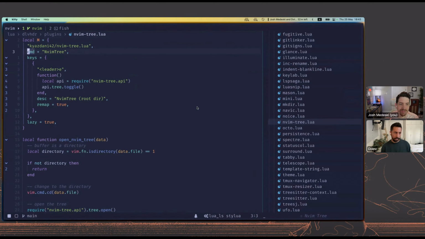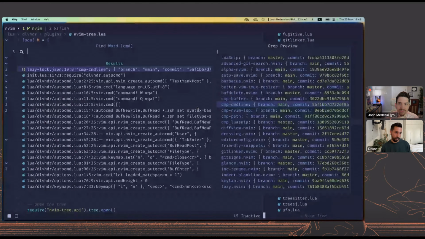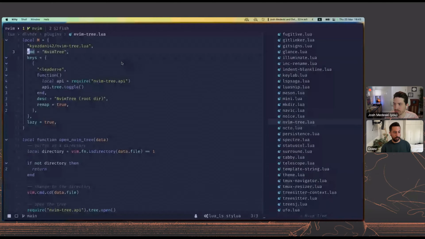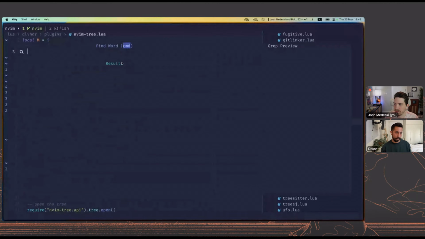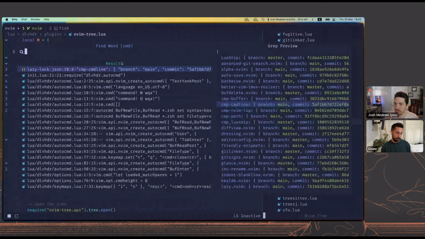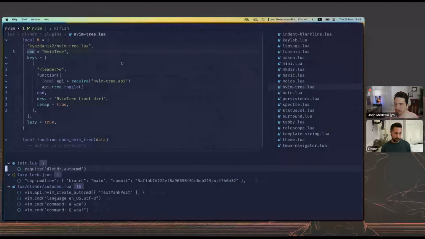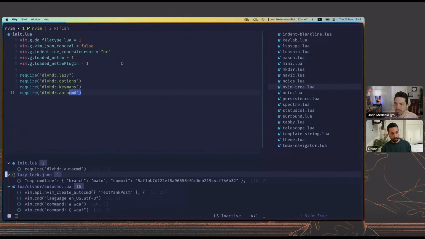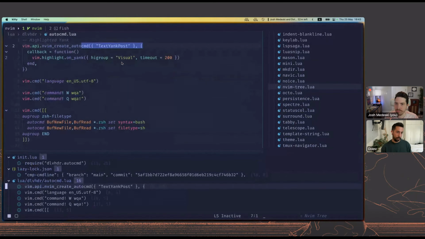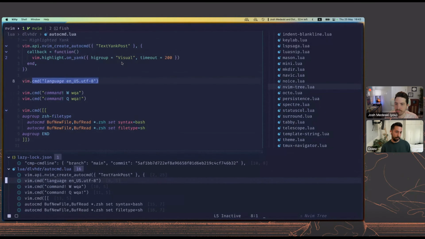Yeah, so I have a key binding for space asterisk, which searches for the word under the cursor. So I use that a lot. Just like in Vim, asterisk takes you to the next occurrence. So if I put a space before it, it opens it up in Telescope, and then I can do Control-T to put it in my quickfix list, and then I can just jump around stuff.